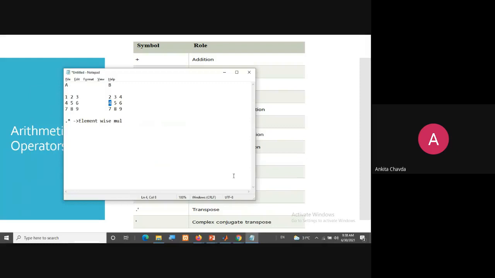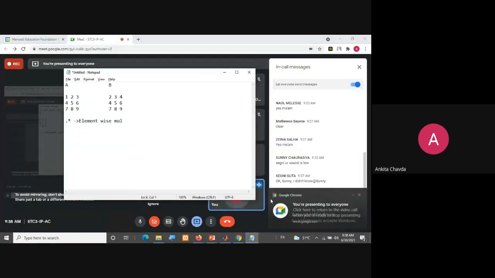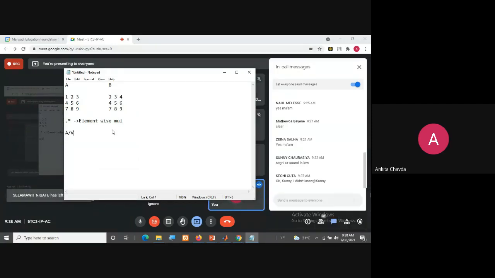What it means is, if I have this matrix A and B, they two are matrices and not a single normal scalar value. Fine. Then if I'm doing this A divided by B, right? So this is my normal division.